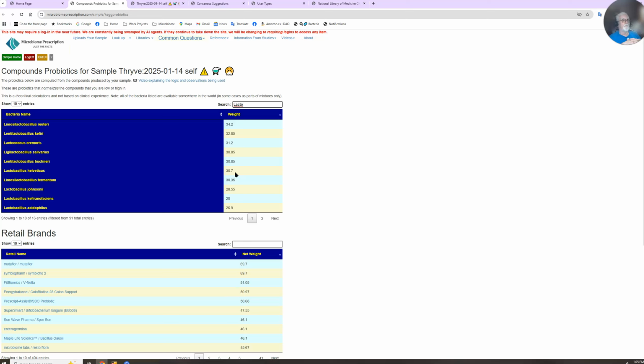So, how should I say? We have done 3 or 4 or 5 different ways of trying to figure out which probiotics to use. And believe it or not, they keep coming down to the same combination, from a priori, where I know nothing about my actual microbiome, to actually using my microbiome sample and seeing what is suggested, looking at all of the bacteria involved. And guess what? It comes out with the same set of answers for which probiotics to use.